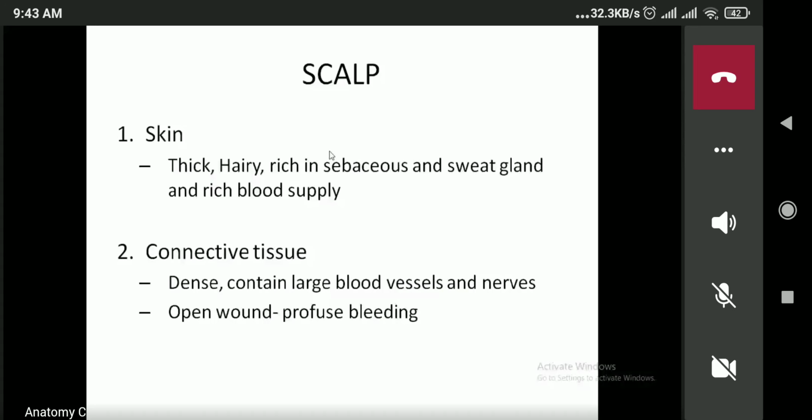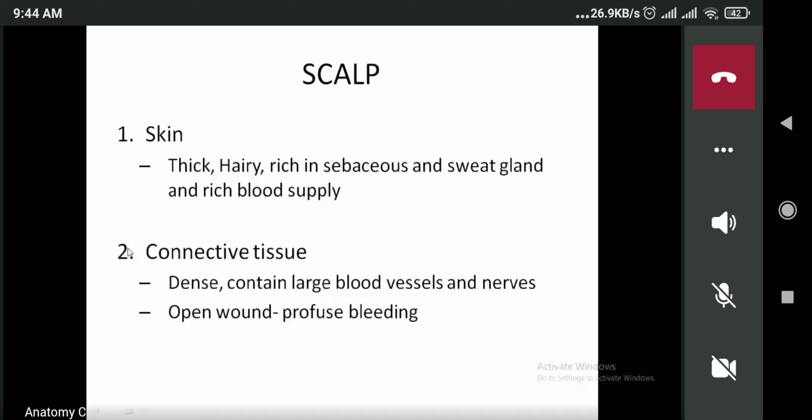And because of the numerous sebaceous glands present within the scalp, the scalp is a common site of formation of sebaceous cyst. Because of numerous sebaceous glands present within the skin of the scalp, it becomes one of the common sites for formation of sebaceous cyst. Then the next or second layer is connective tissue,